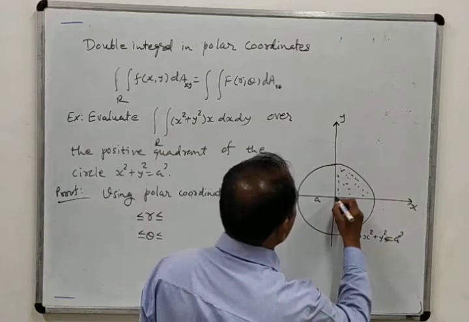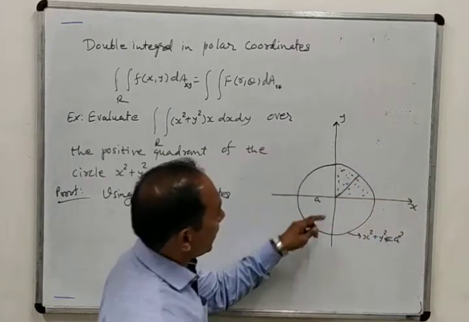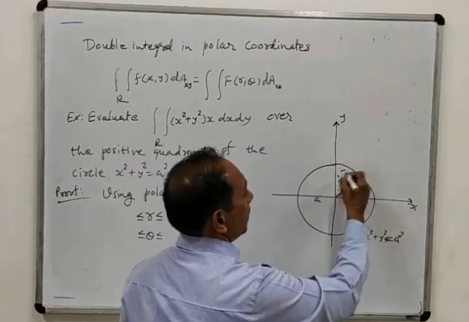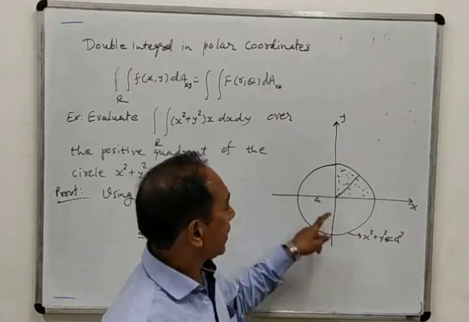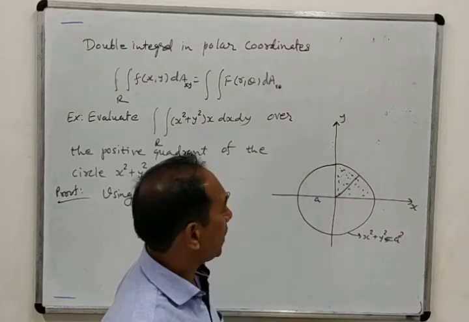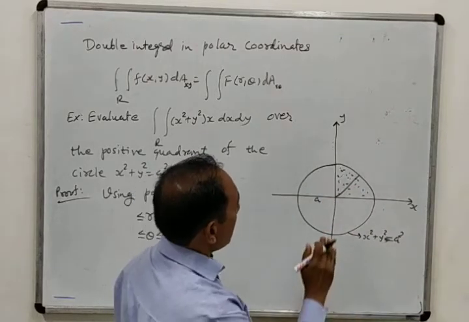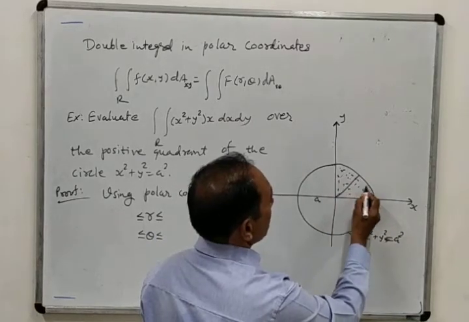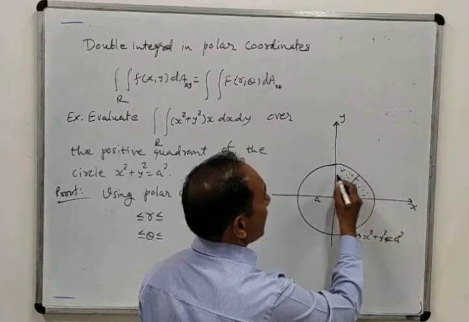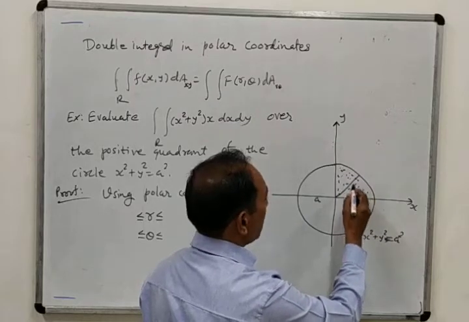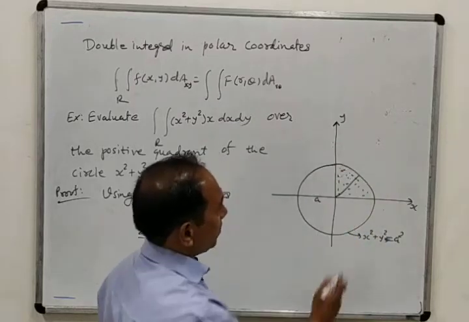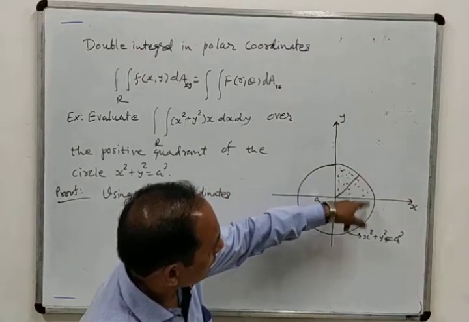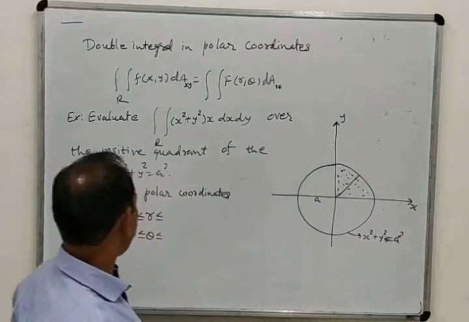When we want to determine the limits of r and theta, then draw an oblique line passing through the origin. Always passing through the origin. You cannot draw it in any other way. Okay, an oblique line, and that must pass through the origin. Also I told you that if we want to integrate first with respect to x, then we take a straight line parallel to the x axis anywhere in the region. And if we want to integrate first with respect to y, then we consider a straight line parallel to the y axis, and this can also be considered anywhere.